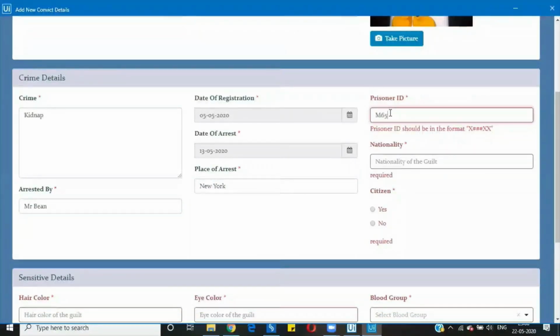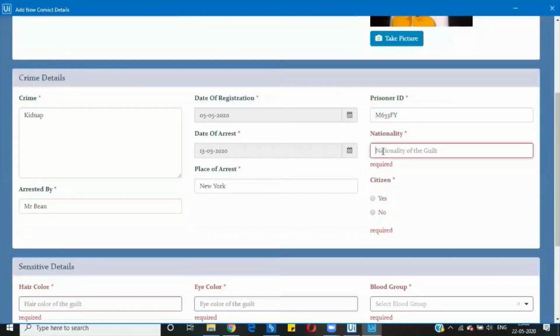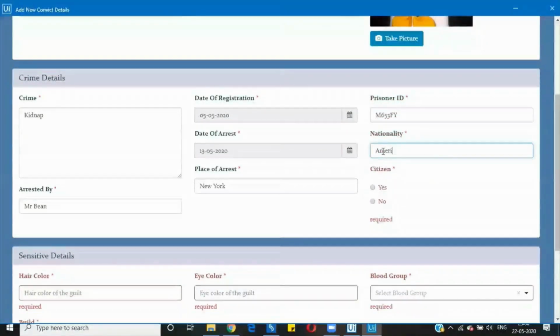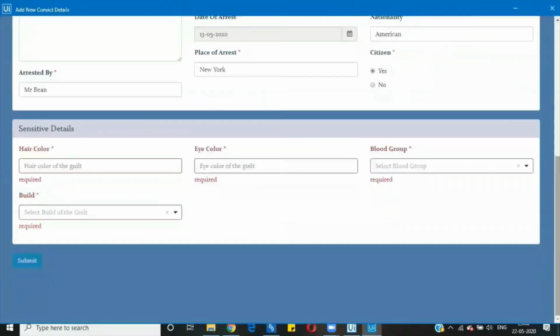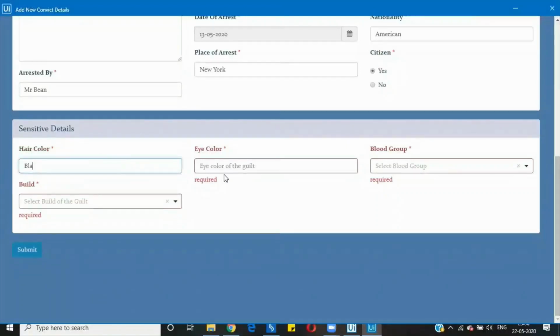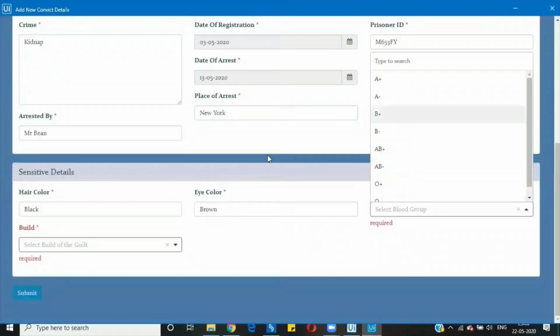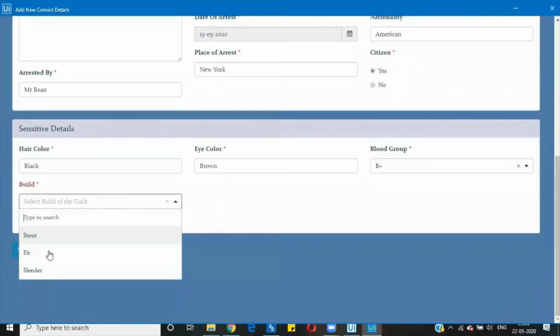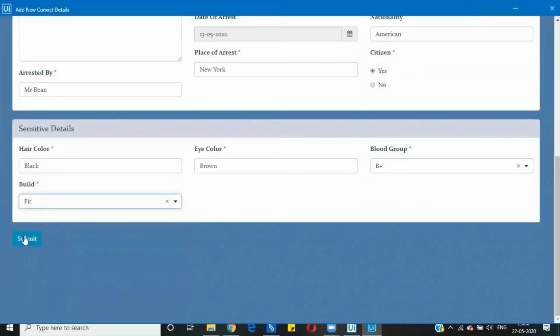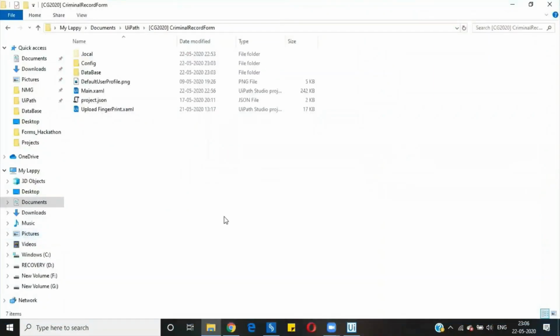For prisoner ID, we follow a specified format. Let's submit the form. On clicking submit, the details will be stored in the respective locations accordingly.